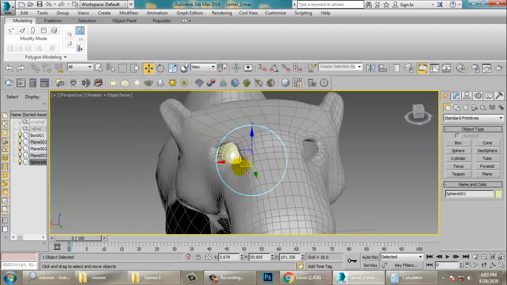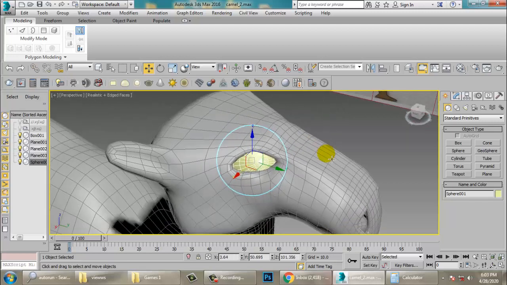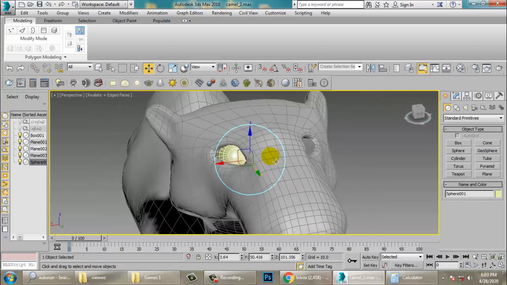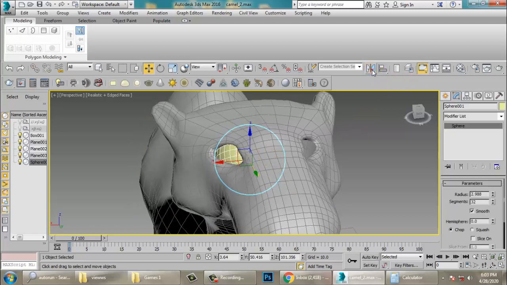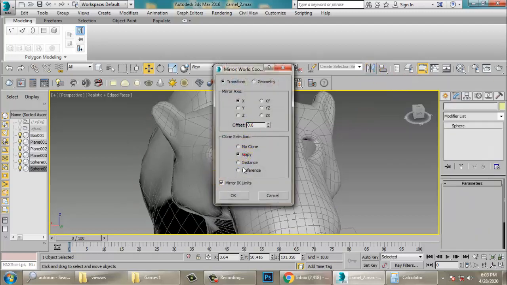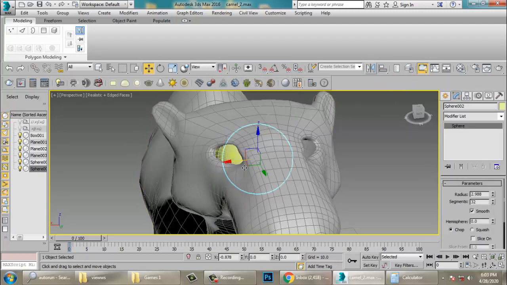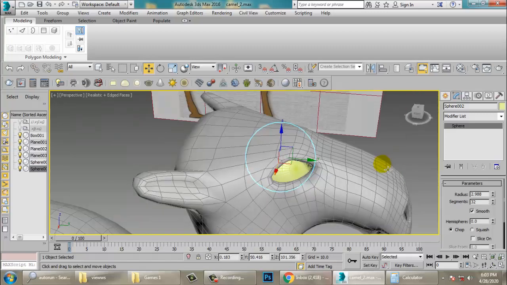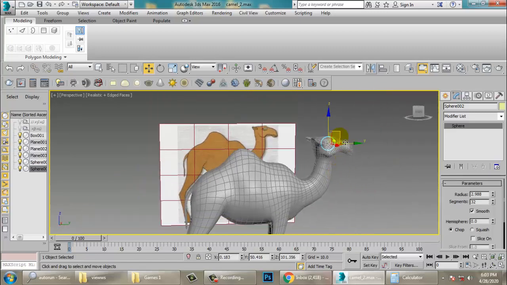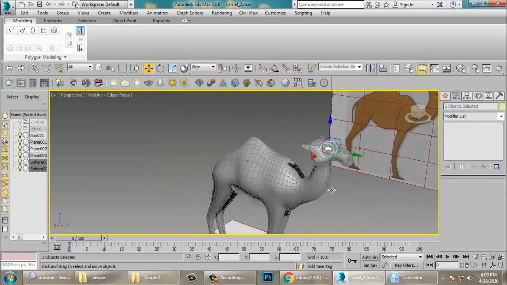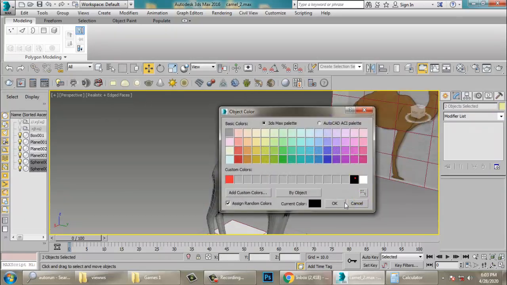So just mirror it in the x-axis and make a copy of it. So you can just give a black color to it.